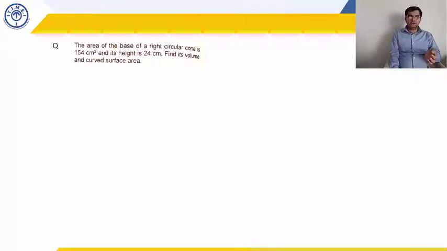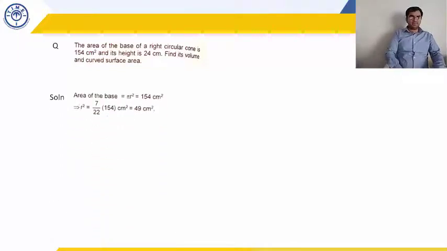You will not be able to solve the curved surface area, because curved surface area needs pi r L, as we saw in the previous question. And we don't have r and we don't have L. Both are unknown. Whereas the volume of a cone is 1 by 3 pi r square h. When pi r square is given and h is given, you can directly get to the answer. For curved surface area, you have two unknown values. For volume, you have no unknown values. So if you pay attention to what you need to calculate, within 1 minute you have one correct answer. And that is what we will do.